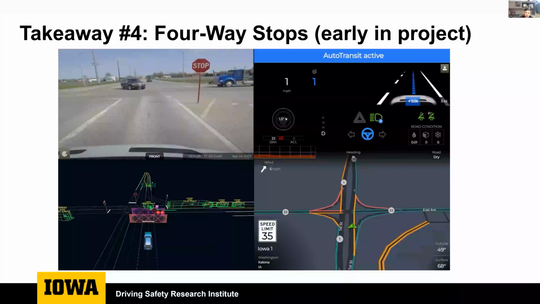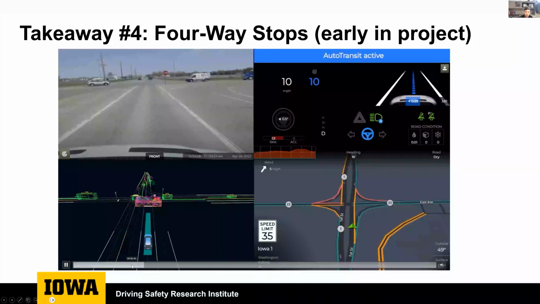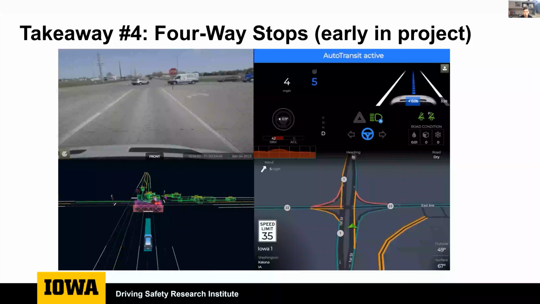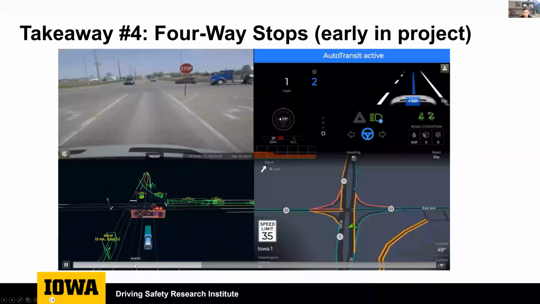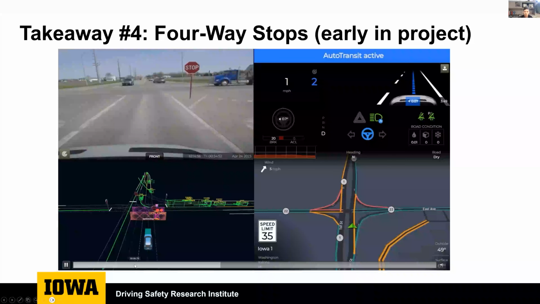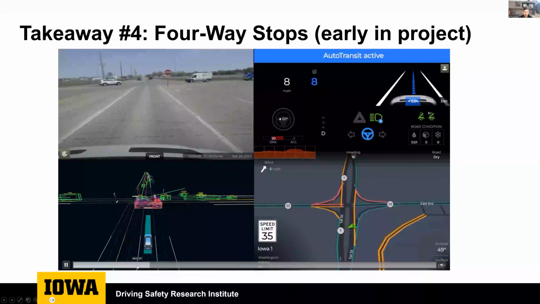Now, the issue with this is, most humans, especially in these rural communities, it's all about flow of traffic with these four-way stops. You get up to the stop sign, you see the other vehicles or people around you, and you continue with the flow of traffic. The issue here being, since the transit is approaching this four-way at such a low rate of speed, where it can nearly be perceived as stopped, it creates a lot of confusion with the surrounding vehicles and other motorists on the highway.